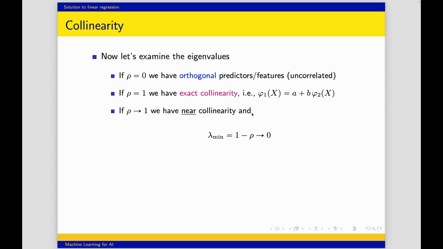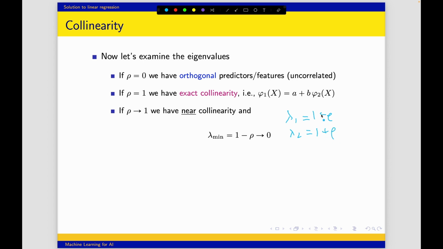And we can have a situation in which they're nearly correlated, or near collinearity, which is as rho tends towards 1. So as rho gets closer to 1, as our correlation between psi1 and psi2 approaches 1, we'll have two eigenvalues. We'll have lambda 1 equals 1 minus rho,